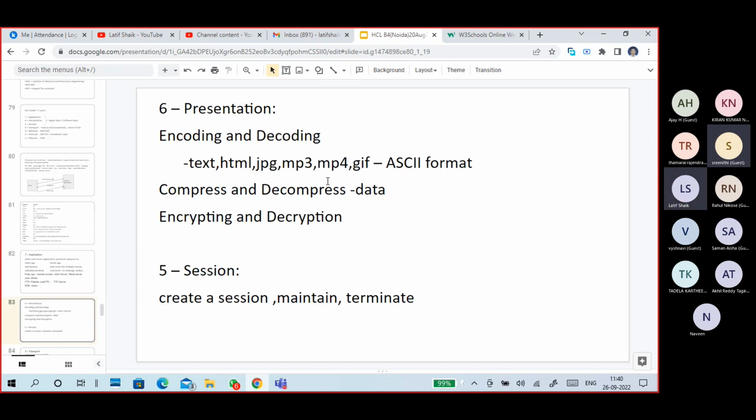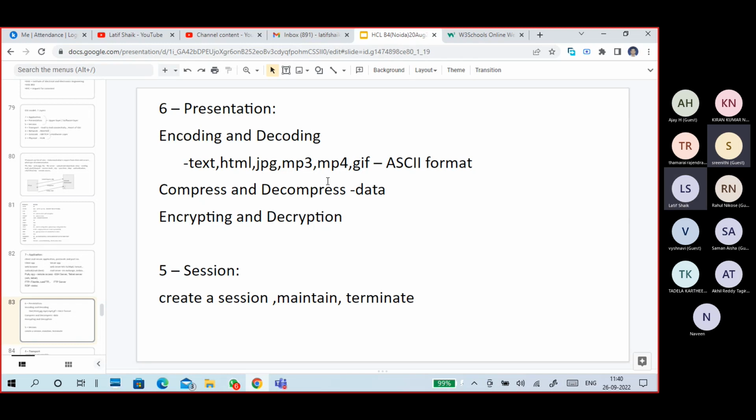Next is the presentation layer, guys. What does this presentation layer do? Whatever data you are transmitting from your PC to another, whether it is web-based communication, or FTP type, or maybe just a ping command, you're sending some data. So that's what it will do. It encodes the data while you are sending. It encodes the data. When you're receiving,